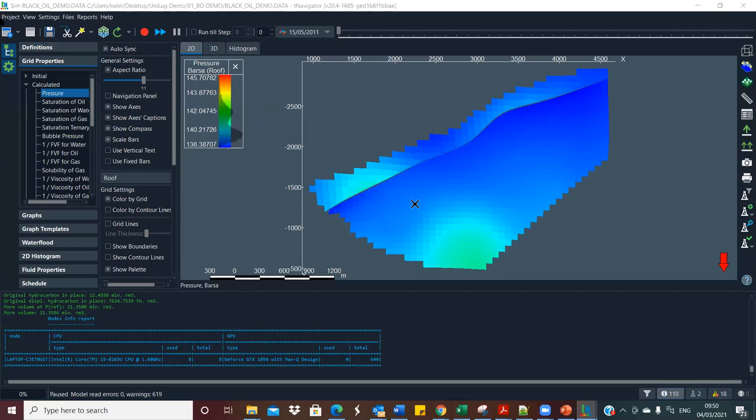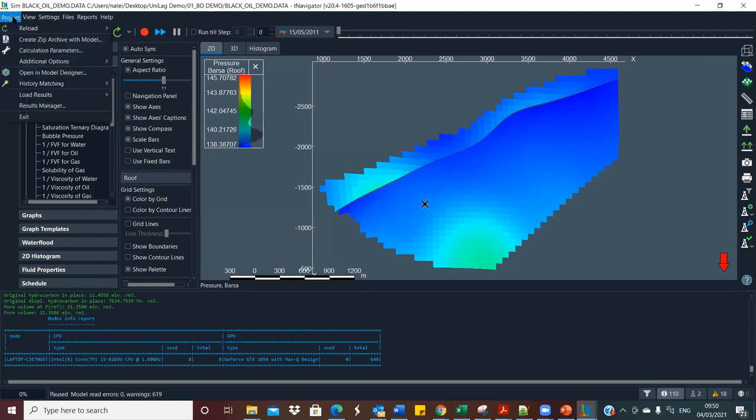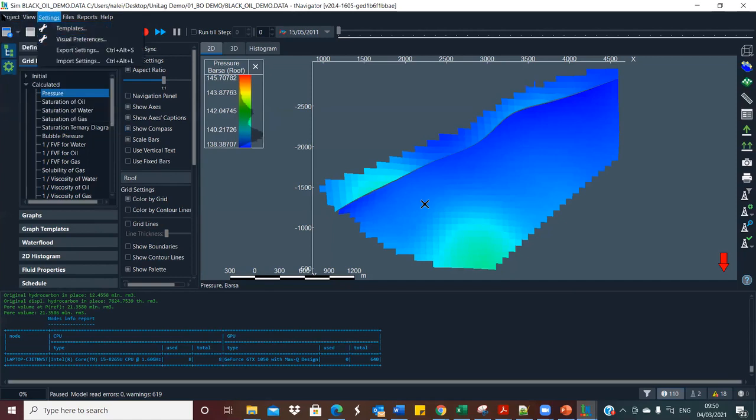Right here at the top, we have the main menu, which we are quite familiar with by now. You can see different options here. I won't go through all of them because we don't have much time, but you can go and see. So sometimes you may have a problem, and if you decide to send me your model so I can check it and know what your problem is,